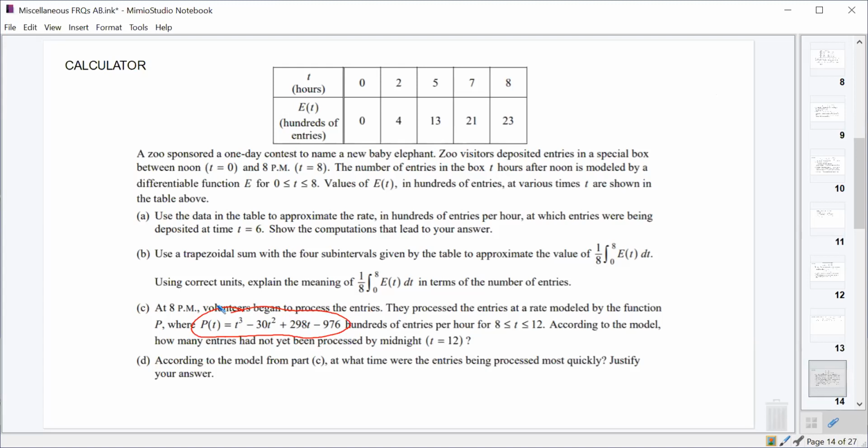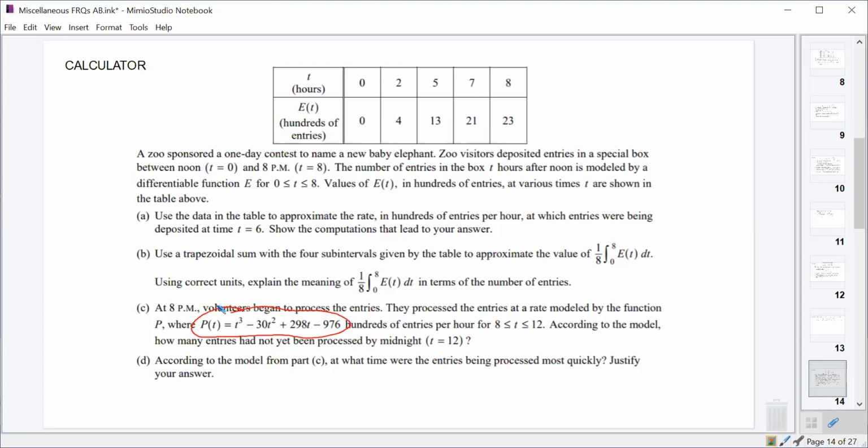Let's see here. Let's see what we got. Yeah, I gotta read through it here for a second. Process. Okay. All right. So